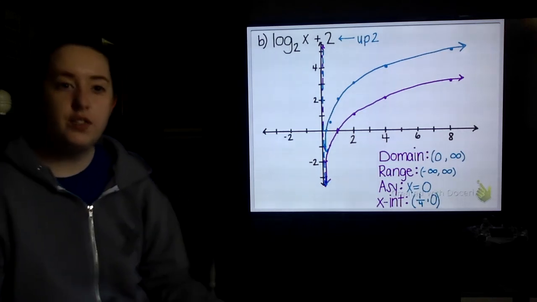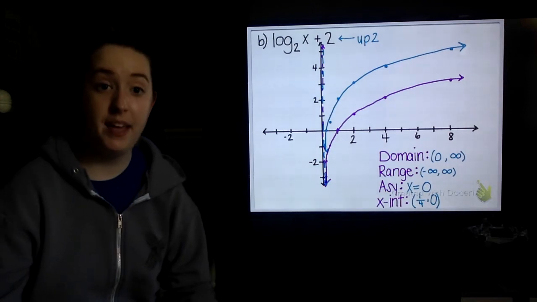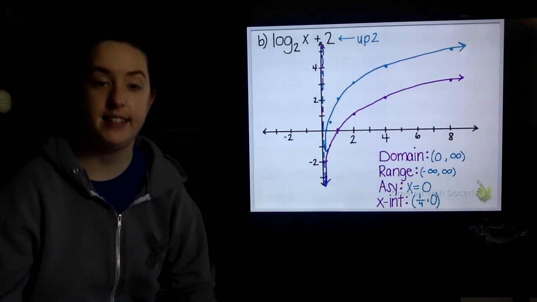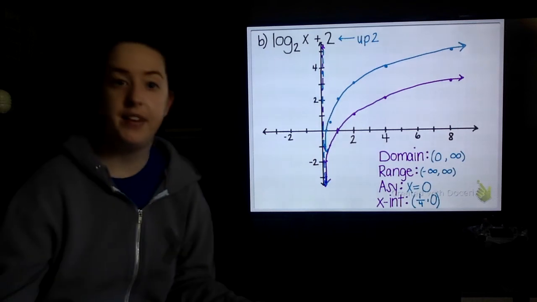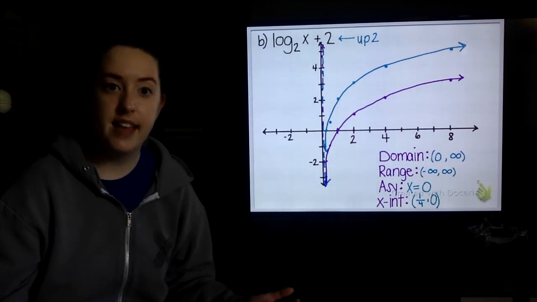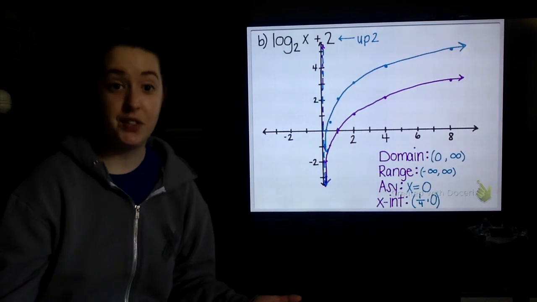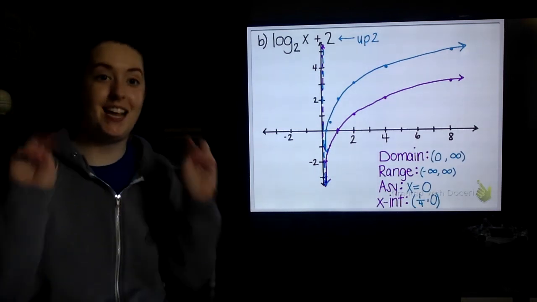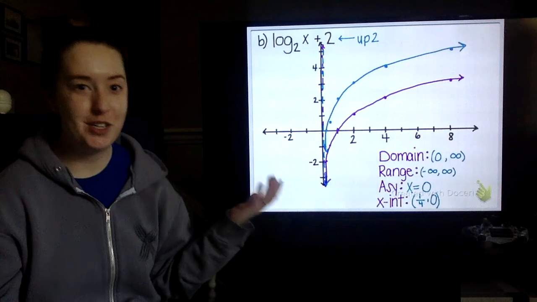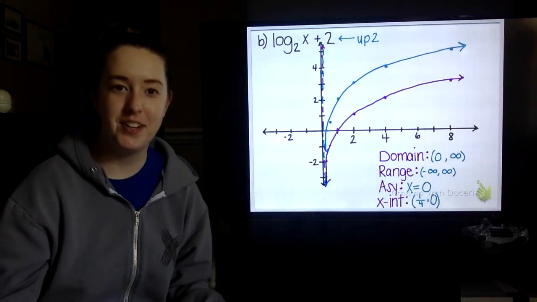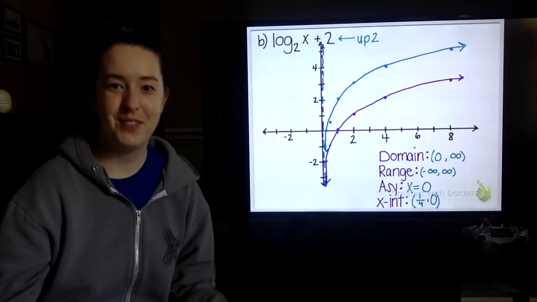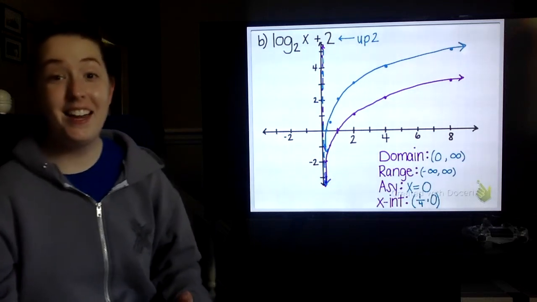All right, so these functions look a little bit strange. When we talk about end behavior, we have to talk about it a little bit differently than what we looked at for a lot of other functions, polynomial functions, things like that. I don't think I actually mentioned this in the last video. Log functions, exponential functions, trig functions, those are called transcendental functions. They're called that because they transcend algebra. So you can't write them as a polynomial or anything like that. They have different rules than polynomials tend to. So if you've ever wondered what it means to be a transcendental function, it just transcends algebra. We have to do something else for it. So it's not a polynomial. Anyways,